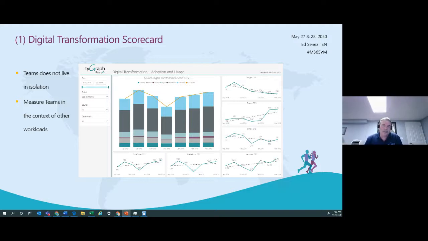When I'm measuring Teams, I may see a drop off in Skype users. Is that good or is that bad? No, it's transformation, right? Back to that whole digital transformation concept. If I'm starting to lose people in one channel, it doesn't mean I'm losing adoption. I'm gaining them in another channel. And then being able to measure that content over time.